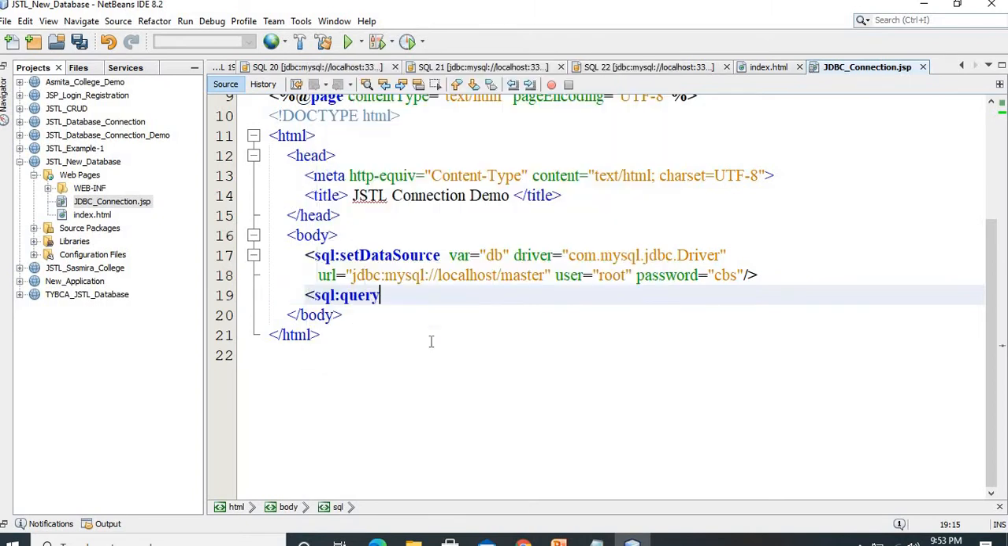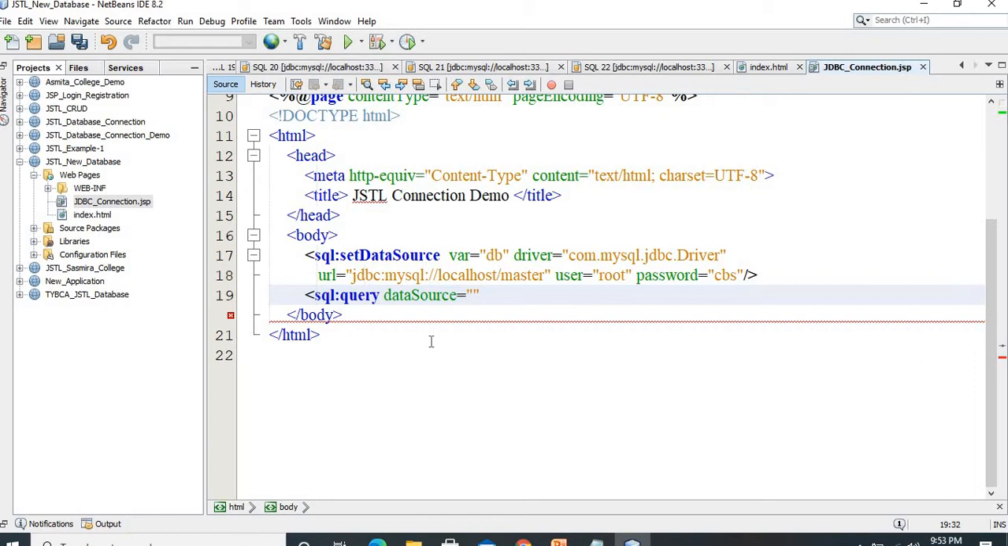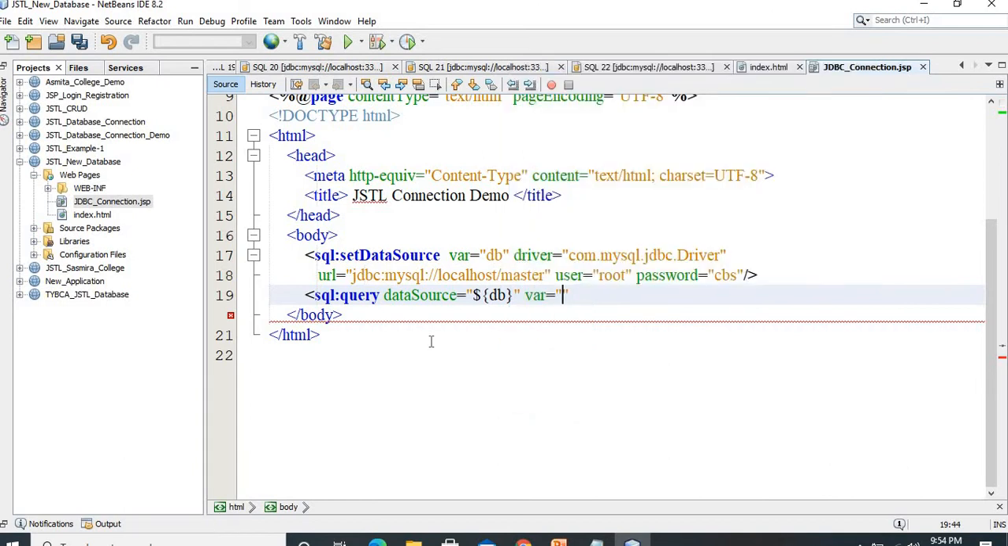SQL query, and to write the data source, we have to set the same data source which I have created there. So this is the db as a data source, and see we need to use the $ sign for accessing, right? And then again for accessing the data we have to select the variable, right? So we'll create the variable. For example, we are creating here rs as a variable. Okay, now